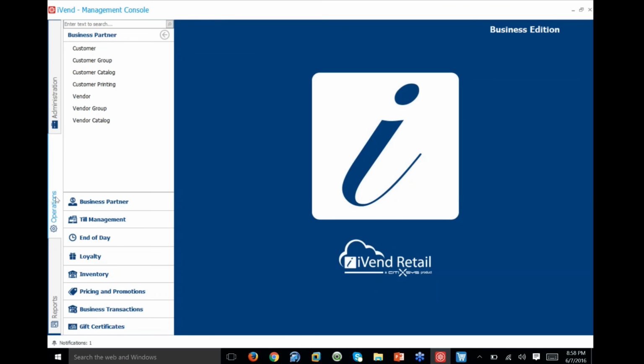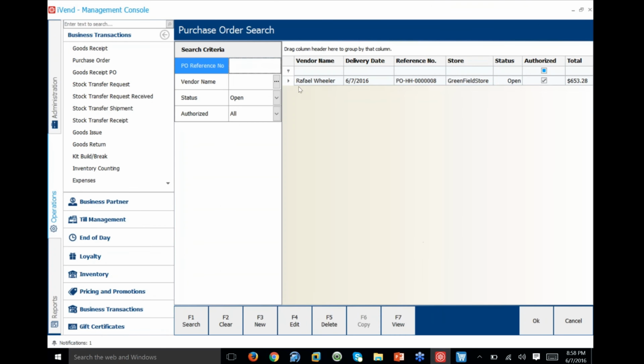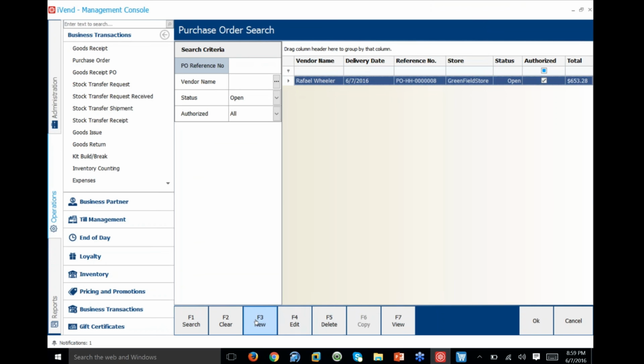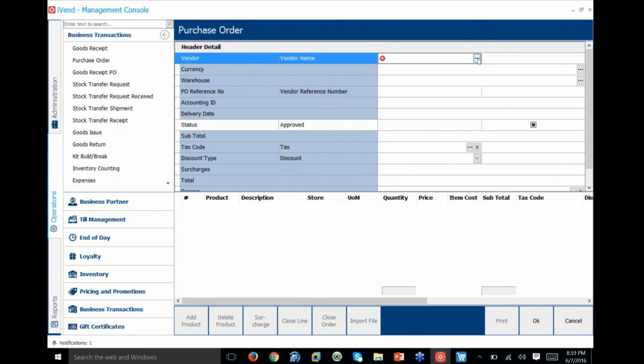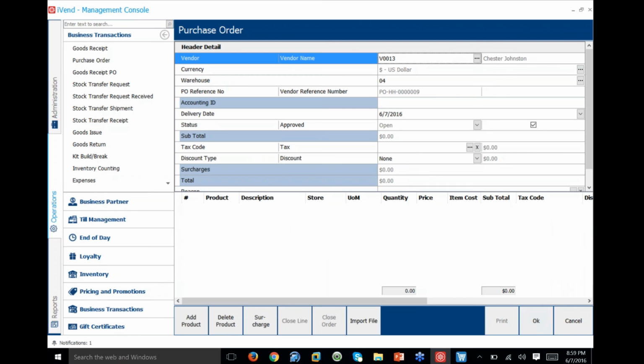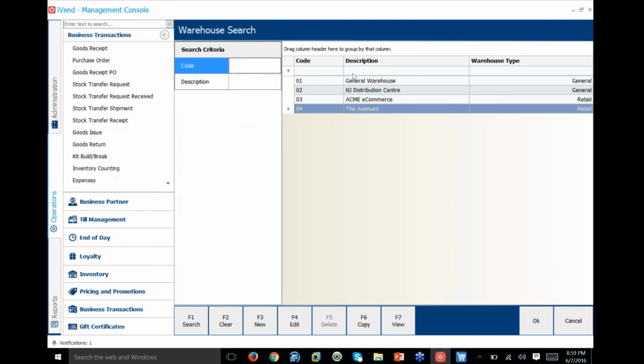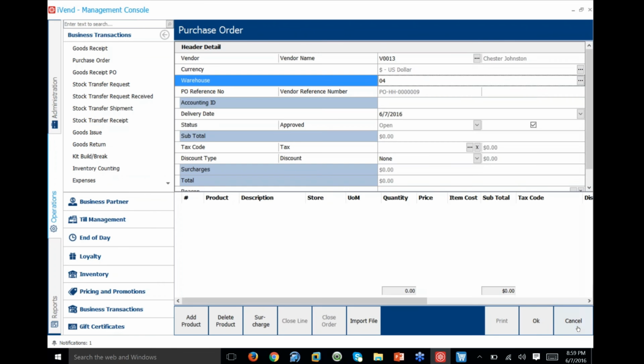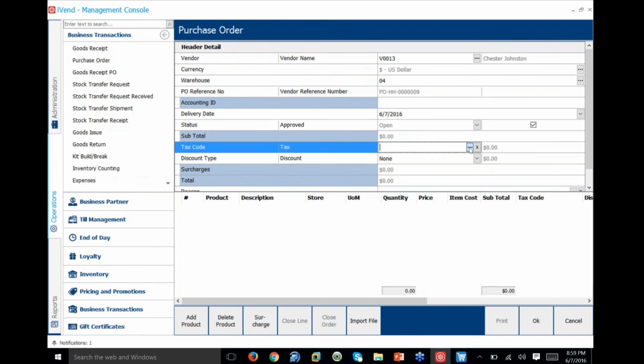So on my management console, I go to business transactions and let's say I create a purchase order. This is the one that I already have, but I create a new one. Pick up the vendor. As I said, I can specify the warehouse for which I want to create the purchase order. This feature would now be available in my subsequent versions at the grid level. So I could specify which item should be available in which particular warehouse. Okay. And I pick up a tax code, let's say